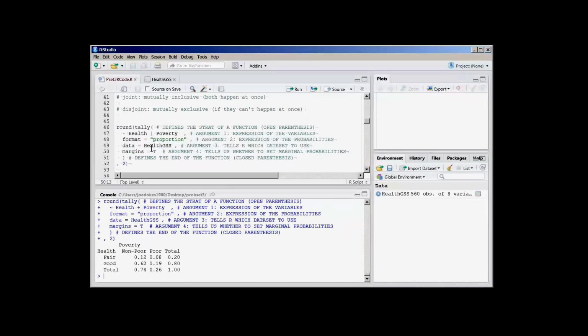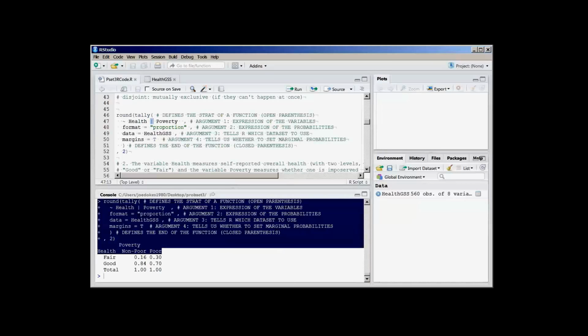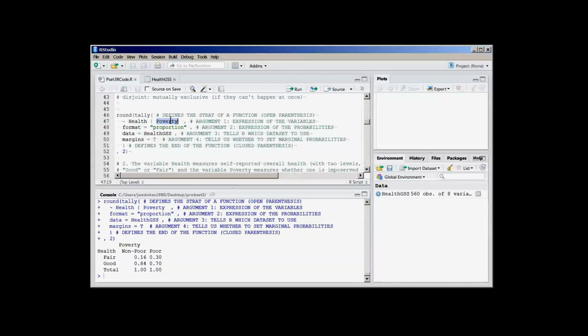Okay. What the vertical bar says is that it's about a conditional probability. It says, given this category, what is the probability of being in fair or good health? So the vertical bar, in an intuitive way, tells us that we are setting the columns to 1, and it defines, or conditions, probability based on the first category we define, poverty level. The plus sign gives us the joint probability, and we can see this because we only have one